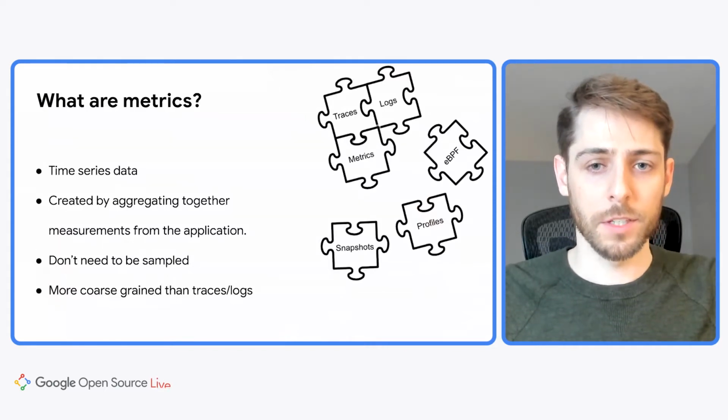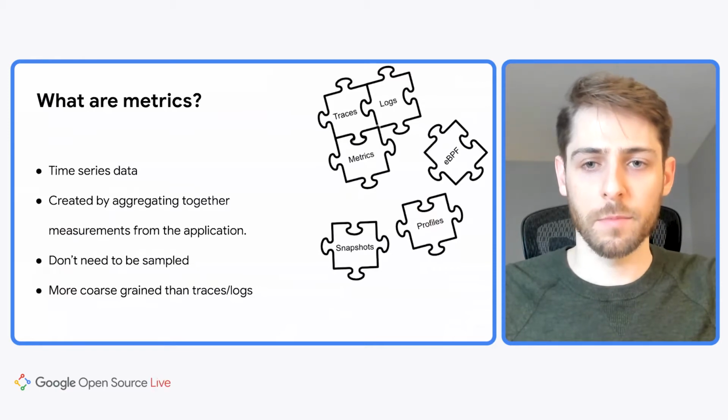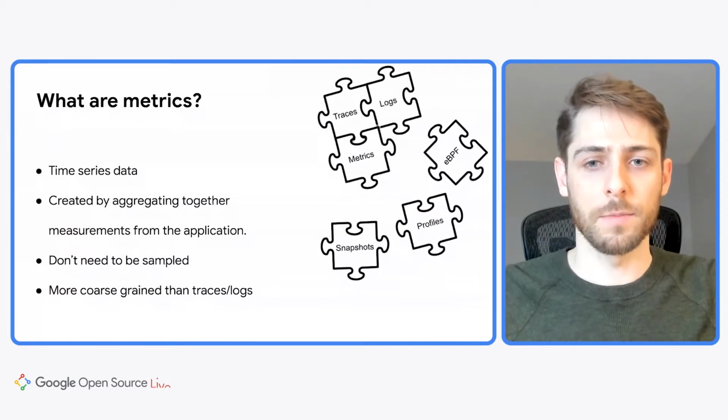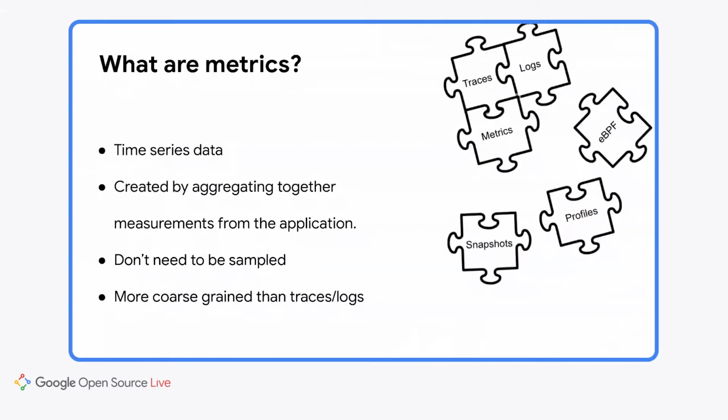Because you're aggregating your measurements, metrics are a compressed representation of the events, and they don't need to be sampled. So again, this is unlike request tracing, which is intended to capture a deep picture of individual requests. Metrics are capturing statistical information more in aggregate, and they're not sampled. Because of the aggregation also, the amount of information they hold is pretty cheap compared to traces and logs, which are very specific to individual events.